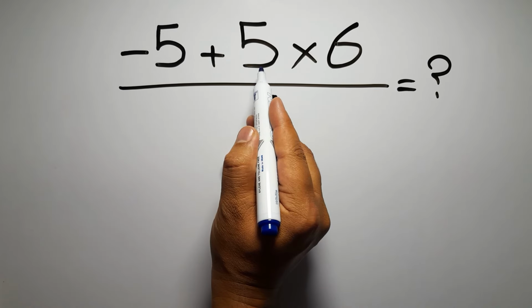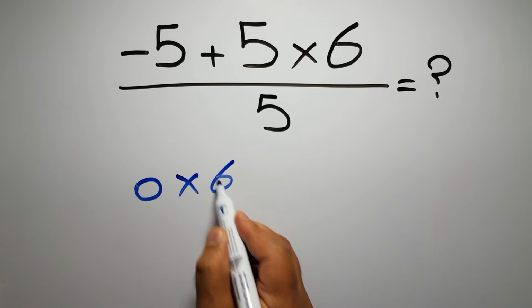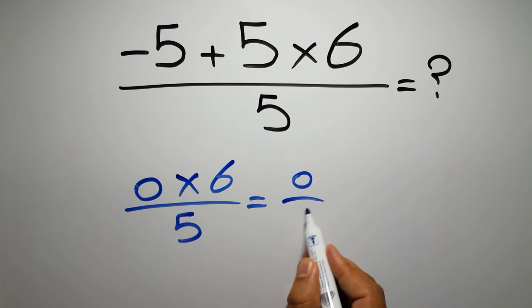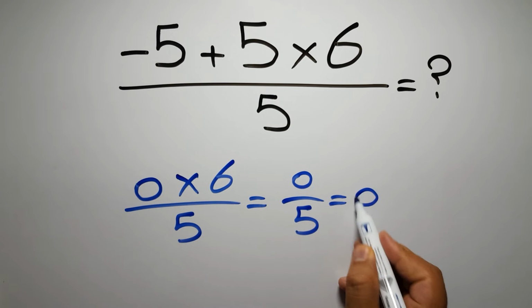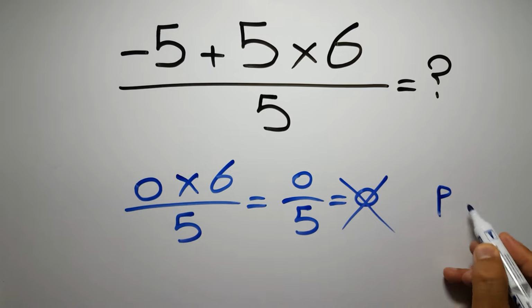Negative 5 plus 5 gives us 0. So 0 times 6 over 5, which equals 0 over 5, and this is equal to 0. But this answer is not correct, because according to the order of operations, first we have to do parentheses, then